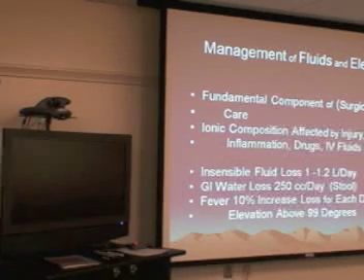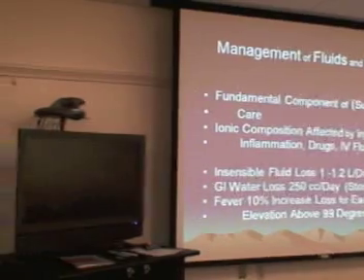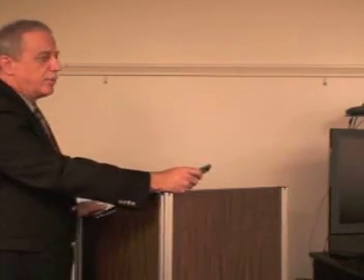just for insensible loss. You can lose GI loss if you have any diarrhea, up to 250 cc's a day, and even a fever. Every degree above 99 increases your losses by 10%. And it's so important to keep track of that. That's why I&Os are so important. And I know it's a tedious job, but it's probably one of the most important things we do for a